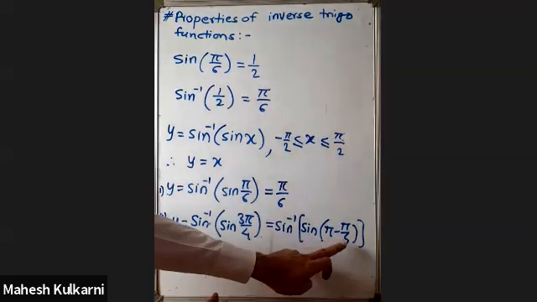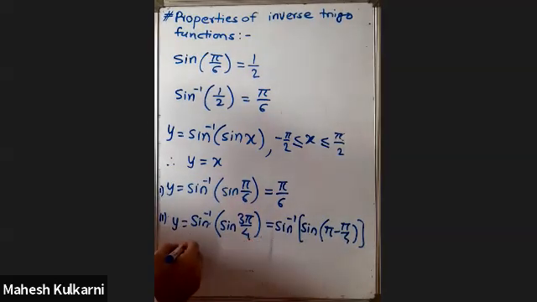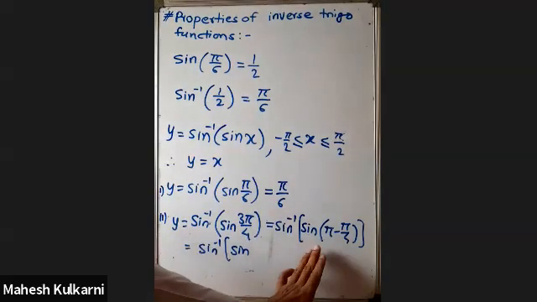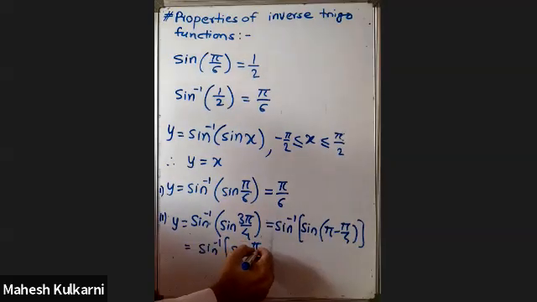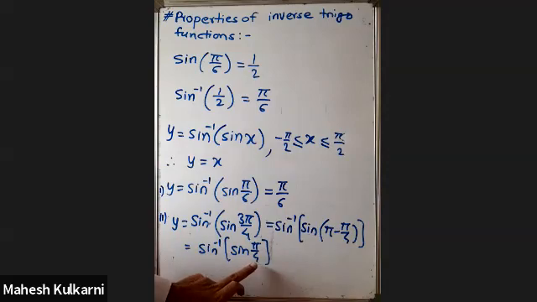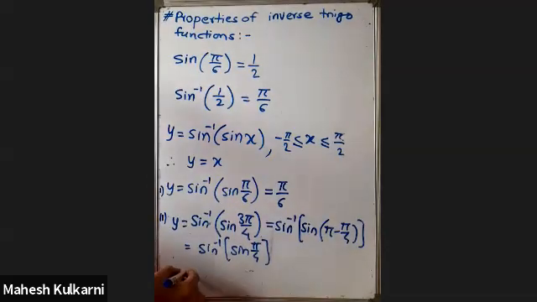Because pi minus pi by 4 is 3 pi by 4, and that is equal to sine inverse of, now allied angle formula, you know the result, sine of pi minus theta is sine theta. So this is sine pi by 4. And now this value is permissible. Permissible means it is allowed because this is in the given interval, minus pi by 2 to pi by 2. So this answer is pi by 4.